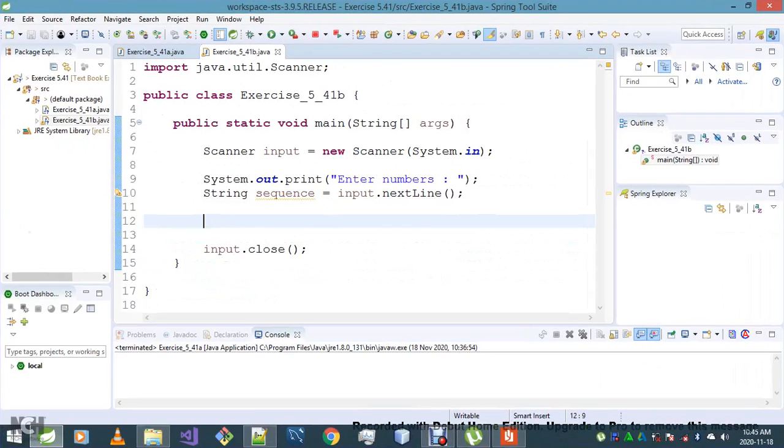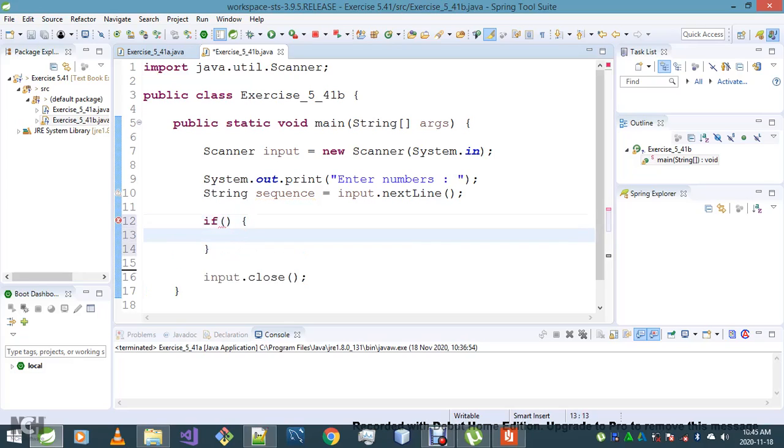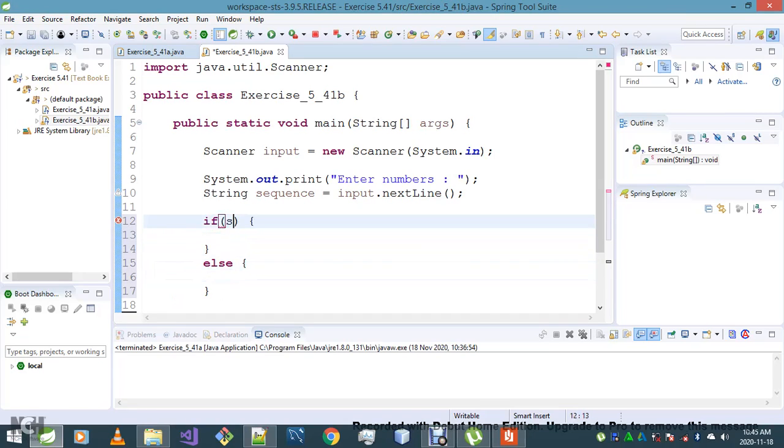I've already given you guys a solution from student A's perspective, and right now I'm about to come up with another one. Now that I've already created my scanner and prompted my user to give us that sequence of numbers, the next thing I will do is validate my user input, just like we did before. So here's what I'll do. I'll first check that sequence dot length is greater than or equal to 2, and furthermore